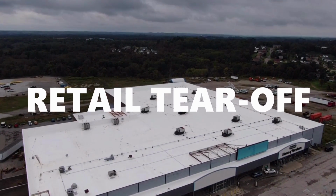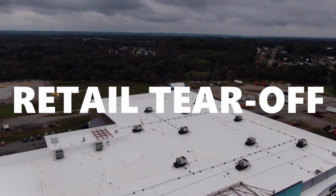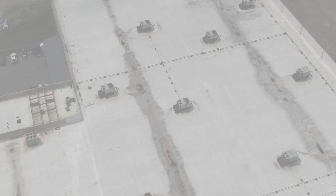It's a retail building in southeastern Ohio. It's what I would call a fairly large tear-off of a single-ply membrane over top of an existing metal deck. The biggest challenge with the entire project was that the building consisted of about 130,000 square feet of deck area, and